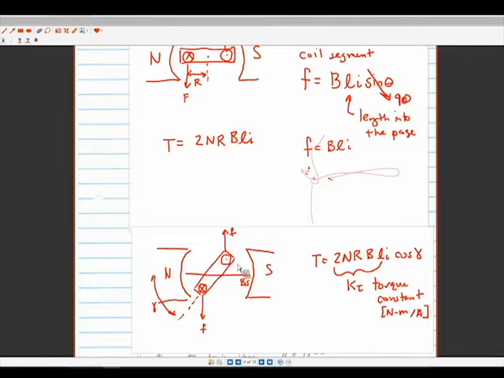Okay, so then this cosine alpha, because of commutation, this cosine alpha is usually around 1, because as soon as alpha gets a little bit large, it switches what coil is activated, and therefore you're in a stronger torque position, right? So we're often going to simplify cosine alpha to be equal to 1, and so our relationship is going to be usually, so I'm simplifying this a little bit because this torque constant includes,